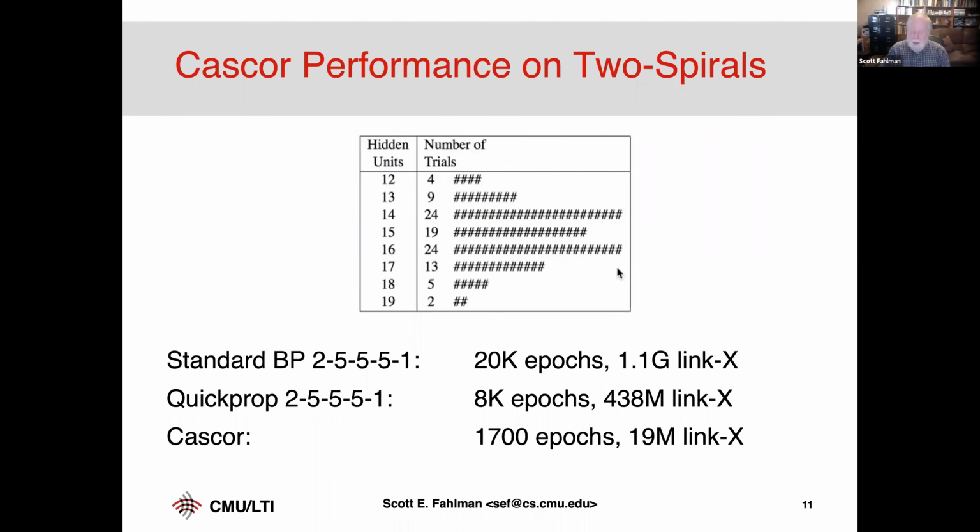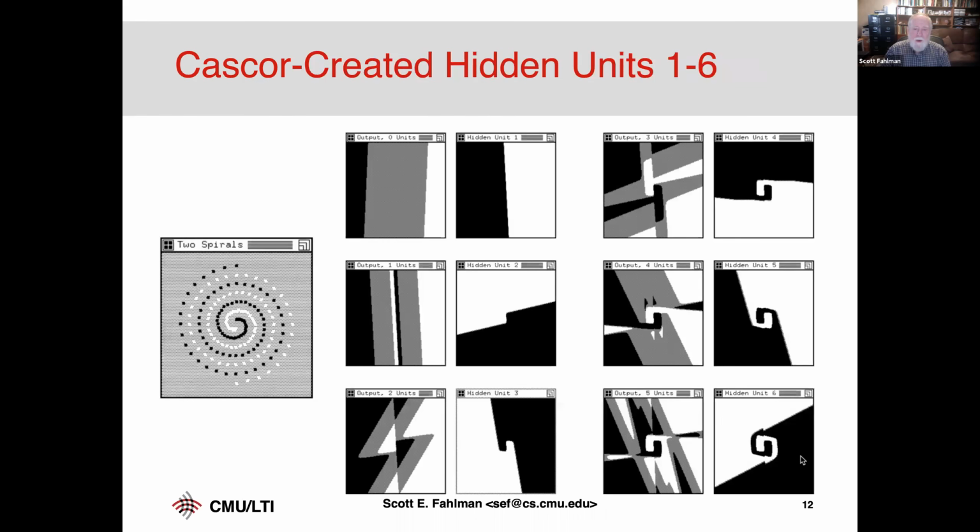Okay, so this was pretty exciting in the day. This paper got a lot of citations, and then there was this neural net dark age, and everybody forgot about this and went back to learning on fixed networks instead of something like this. One of the cool things is that you can actually see one by one what each new unit is doing with this particular problem, and you can see the effect it has on the output.